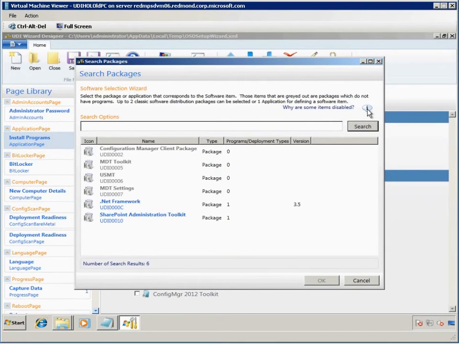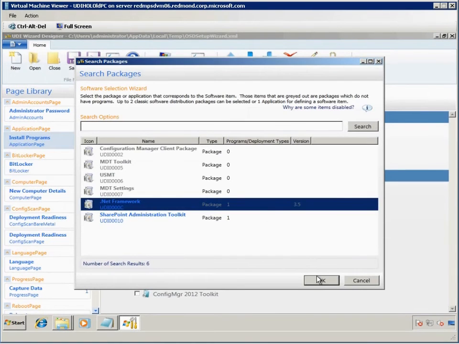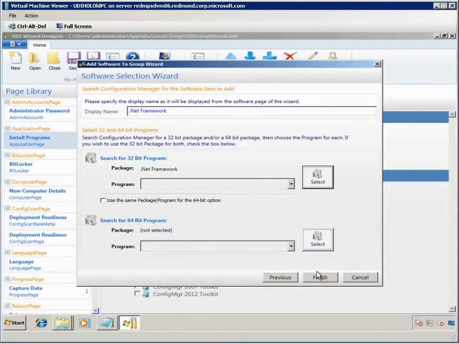In this case, these packages don't contain any programs. Let's go ahead and select .NET Framework and then select OK. This will bring you back to the screen asking if you would like to search for a 32-bit or 64-bit package and program. From here, I will select .NET 3.5 Installer as the program for the package which I just